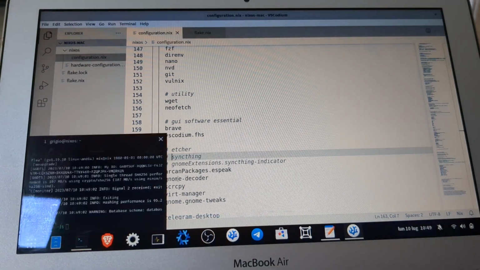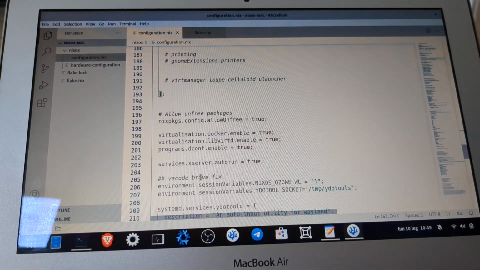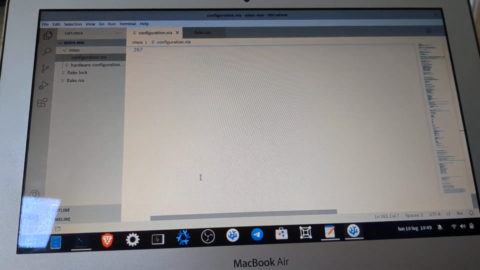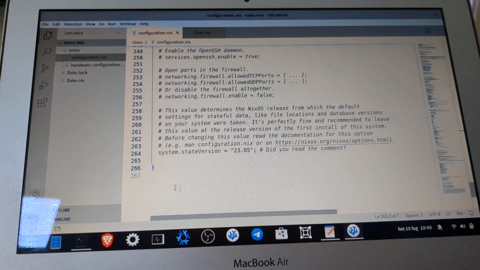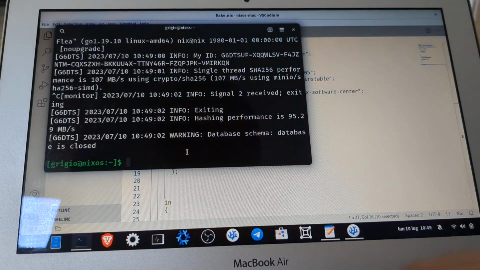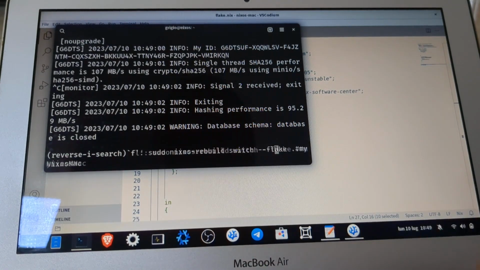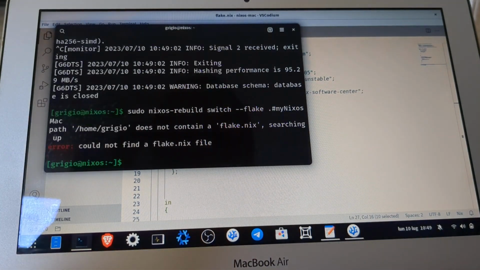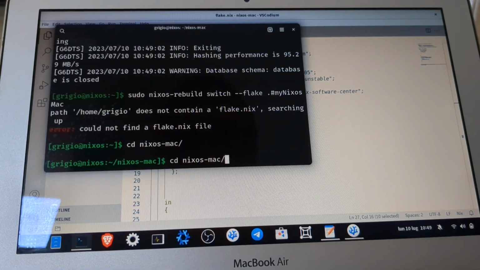And now we have the first important command, which is this one. So we can regenerate the system with this command, and we have to be inside Nixos Mac.